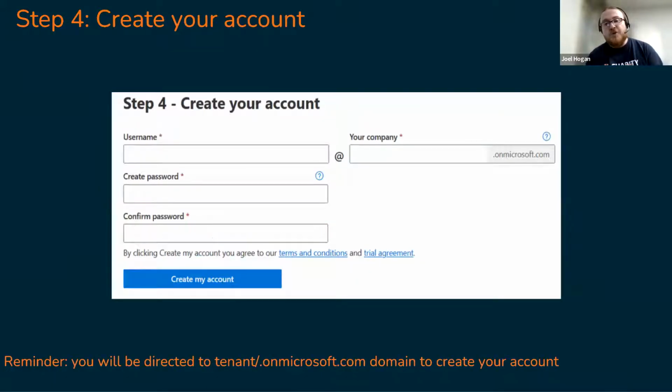Now you're creating your user accounts. This is interesting and important. As you can see in the top two lines there, you've got username and your company. I'm going to start with the second point, your company. That's going to be your first domain for your 365 account, or potentially your first domain to use for email addresses, which you can carry on using in the future, or you can add your own domain later. So if the name of the organisation is, I don't know, Mary's Kittens, you can type in Mary's Kittens, and then your domain name will be maryskittens.onmicrosoft.com.